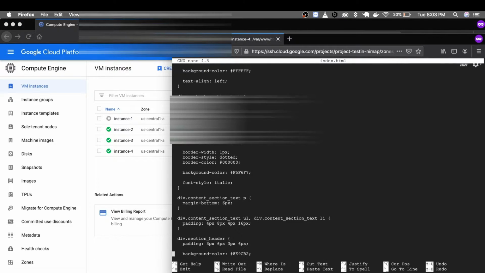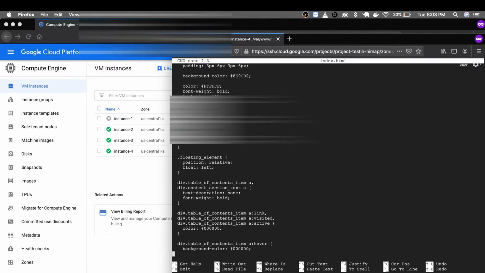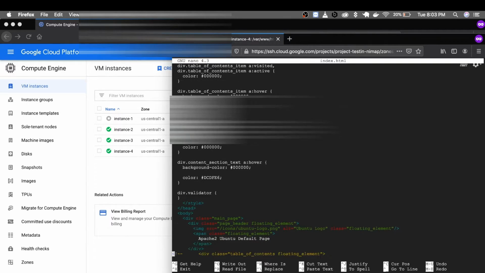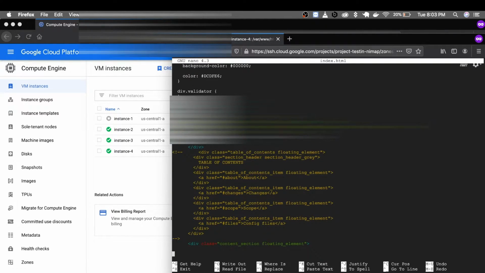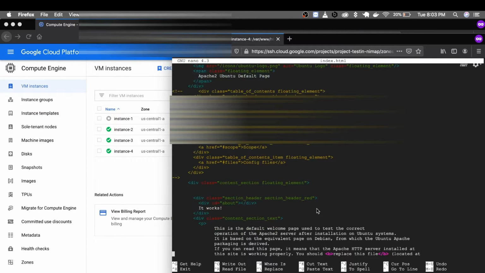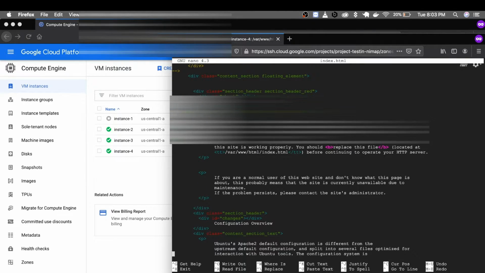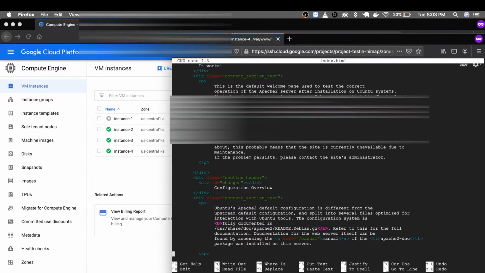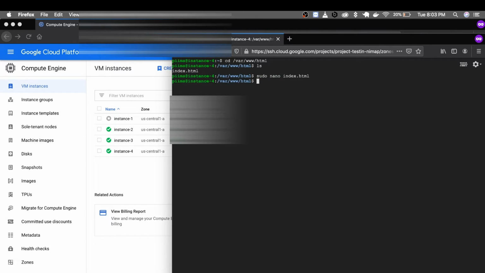Let's create a new page there. Let's create a page called home, using sudo nano.